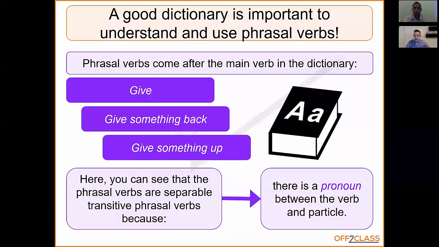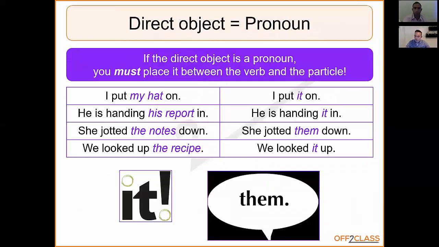Okay, talking about what we call the general particle movement, this is probably the thing that students will ask most. If you have a look at these examples on the left, these are examples of separable transitive phrasal verbs. And the reason that they're separable is that on the left, you can see in each of these examples that the object of the verb can appear between the verb, excuse me, and the particle. So I put my hat on, no problem. I can also say I put on my hat.